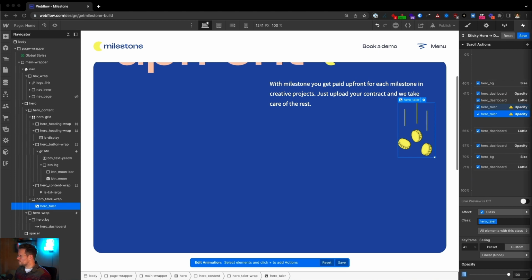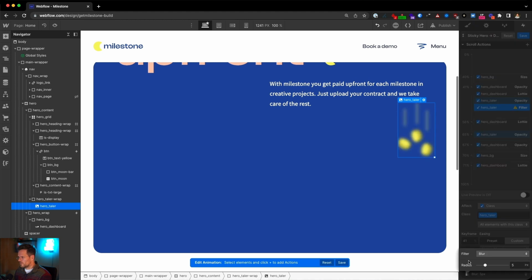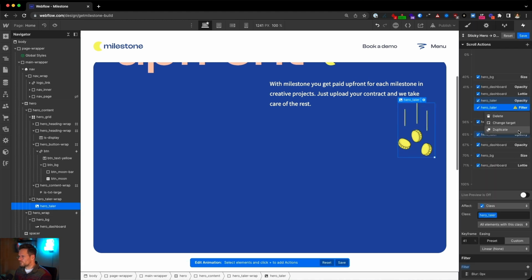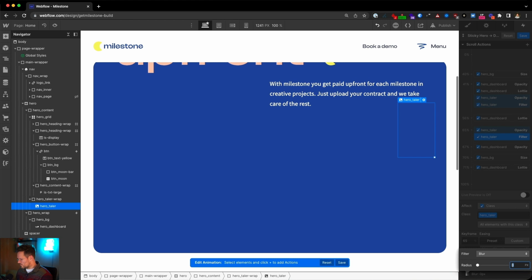And let's move it to something like this here, and now it will be 0. Let's add a filter here, because I also want to use a blur filter on it. So at the beginning it should be 0. We duplicate it, and here it can be something like 20 probably. Let's try it out.